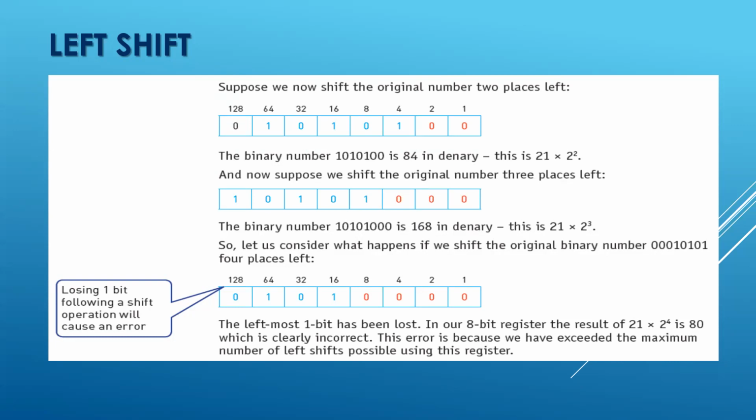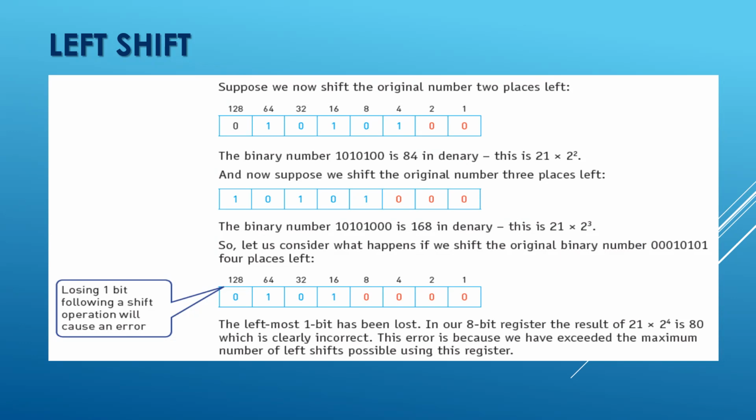It is resulting in 21 into 2 to the power 3, or 21 into 8, and it's 168. And you can see for yourself that the answer is matching with the byte value. Till now it's correct. But if we are asked to shift this original number,